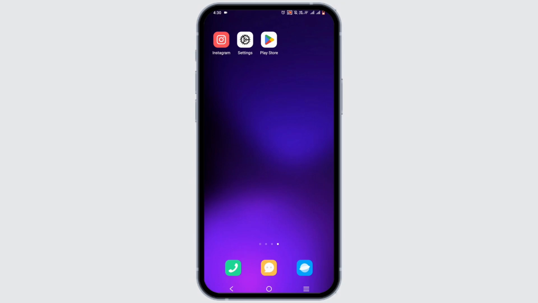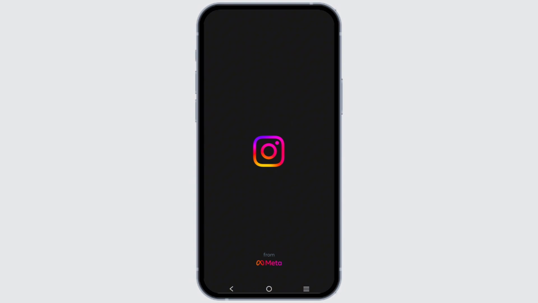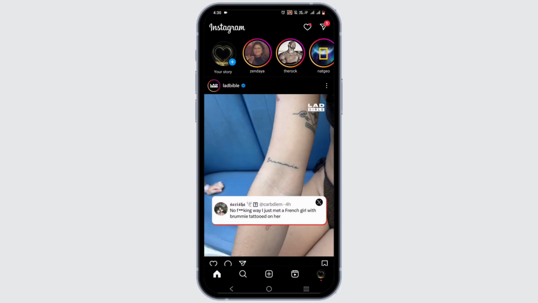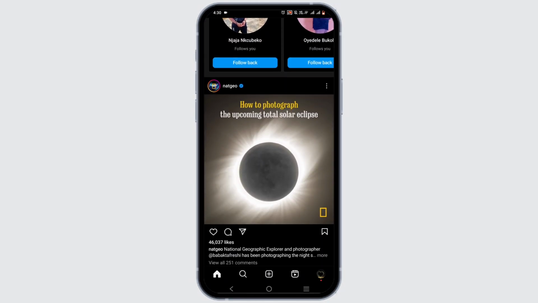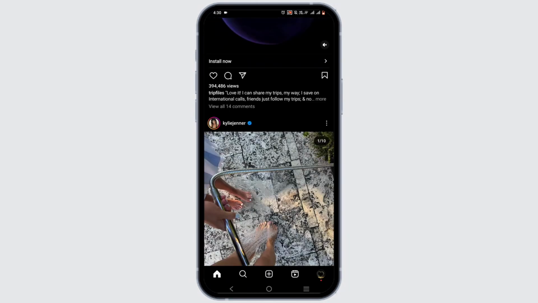In this video, we will decode some of the hints that someone has restricted you. To start off, launch your Instagram application, make sure it is up to date and you are logged in. Even though Instagram does not directly notify you if someone has restricted you on their account, there are signs you